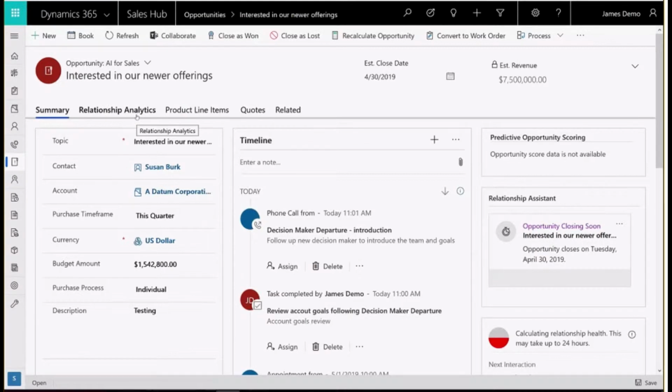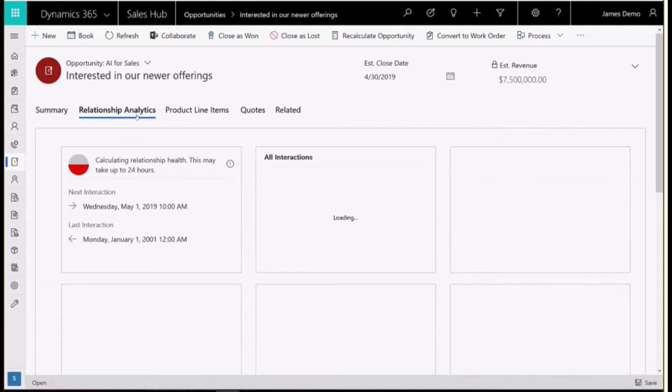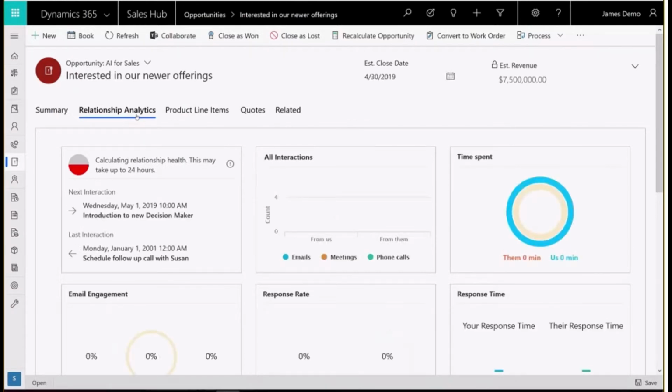What this is running off is the relationship analytics, and we are a little light because it is using sample data on the number of activities that have been completed, but you can see what Microsoft are doing here is they're providing a dashboard where it's calculating the relationship health,